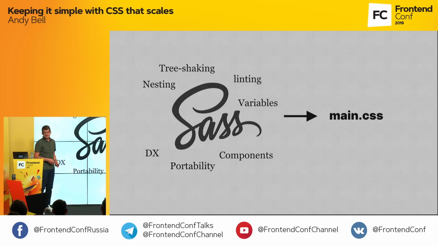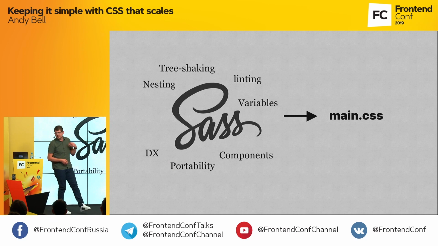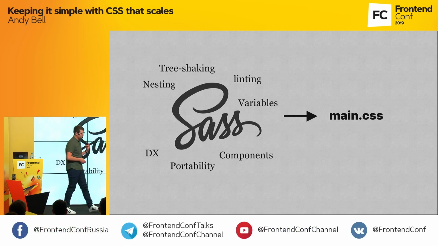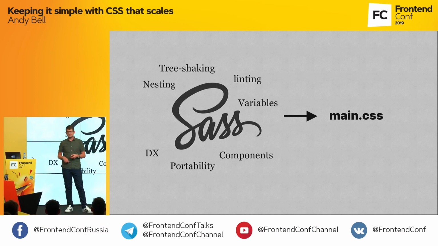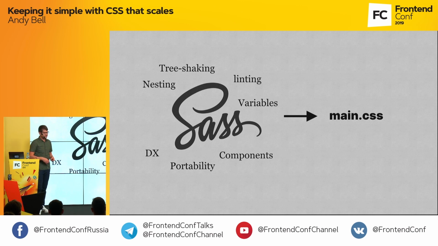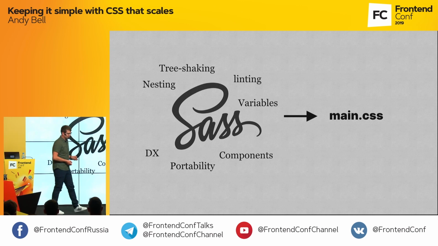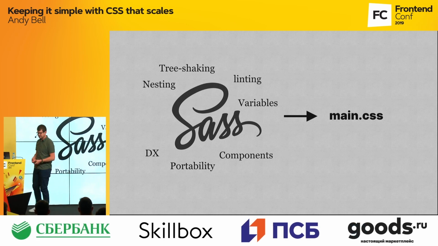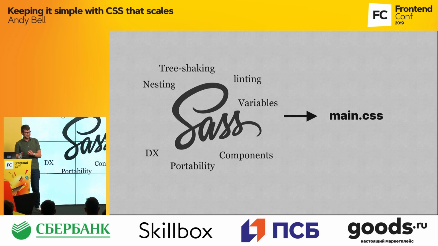The beauty of Sass is that you can have the best of both worlds. You get cool stuff like nesting, and you get variables. And if you do it right, using something like BEM, you can get nice flat selectors too. And you also get components. And if you want, and this is what I quite like to do, you can generate different bundles as well, which is really useful for large projects. And the thing that I like the most, especially being an accessibility advocate, is that you can lint your CSS at build time, so you can test for contrast issues and stuff like that at the point of build rather than relying on the browser instead.